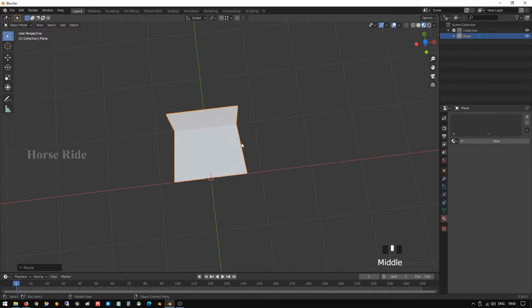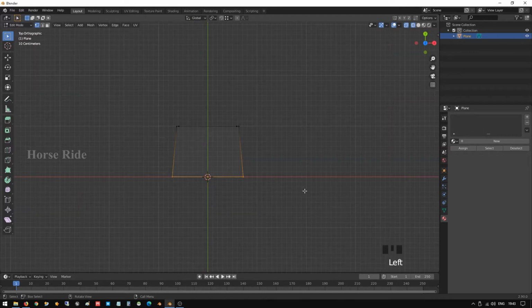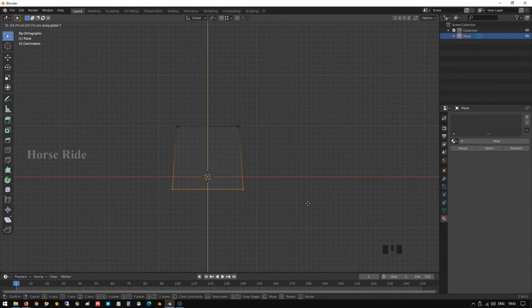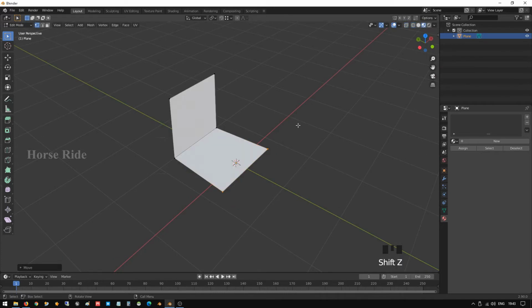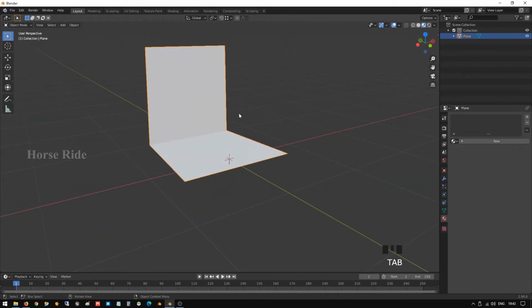more distance. Go to edit mode in vertex mode and select these two in the top view. Press 7 on the numeric keyboard, then G Y and move it a little bit further. Yeah, I hope we are fine. Now it looks better. So this is the basic structure design we have designed.